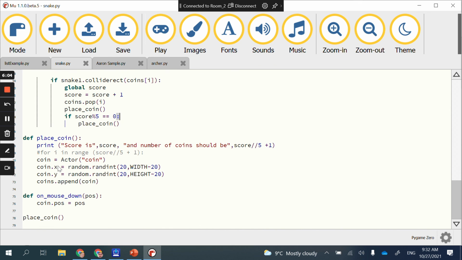And then my place coin code, I don't need that in a loop. The place coin is just what I've always had. I create a coin, generate an X and Y value, and then I append that to my coins list. Those are the changes that we've made. Okay, so if you watch this, the last